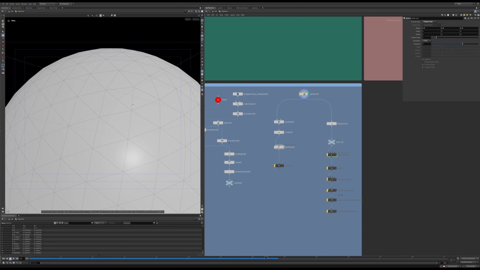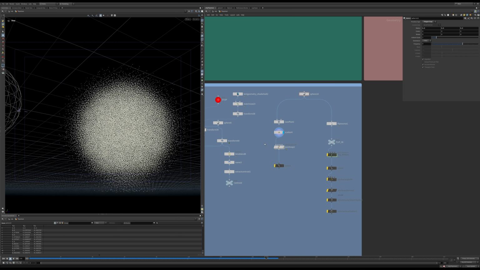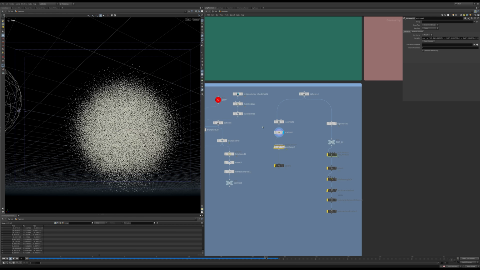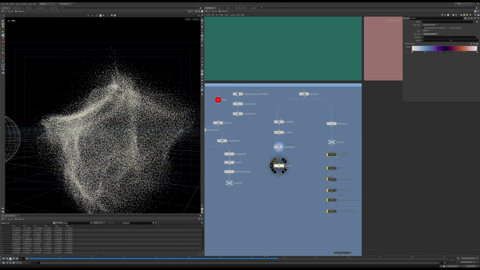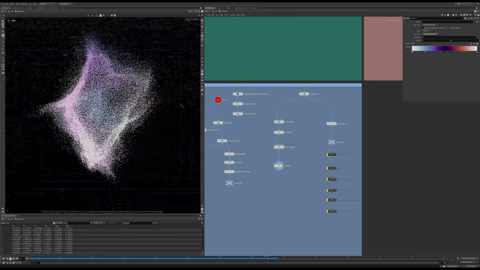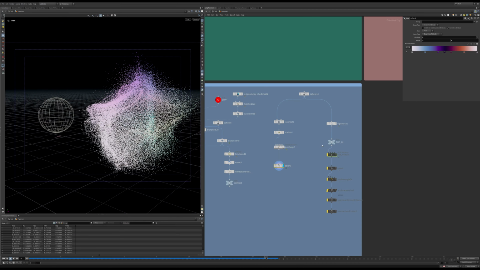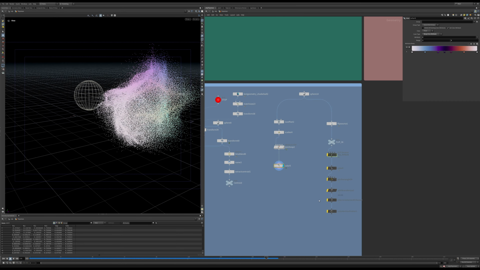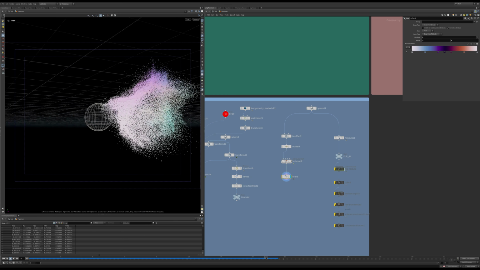I also played around with instancing points, ISO offset, scatter, and do a point POP with some noise, two noises, AA and turbulent noise, add them to position, and we get something like this, resembling a nebula. Give it a color. You can give it a color based on position, normals, based on age. If you're doing a POP particle simulation, you can even pop it in a flip simulation to act as a fluid without any gravity and just render out as particles or instance some stars on those particles, just making some